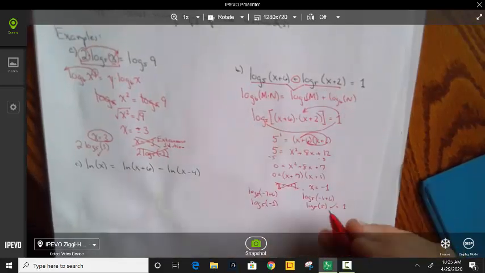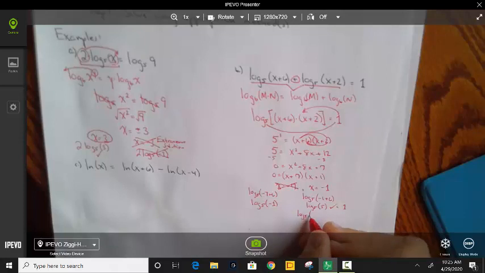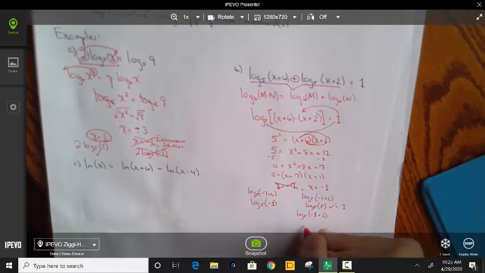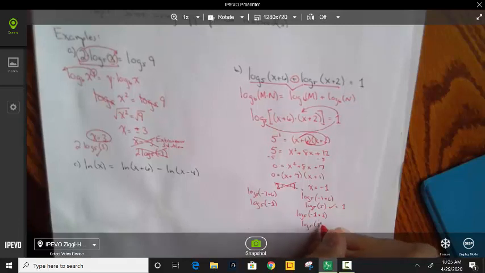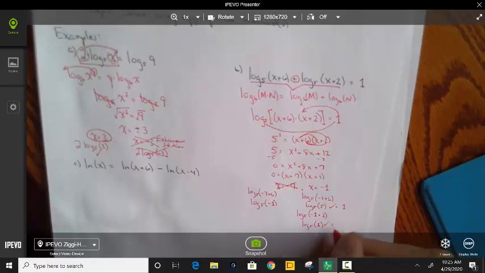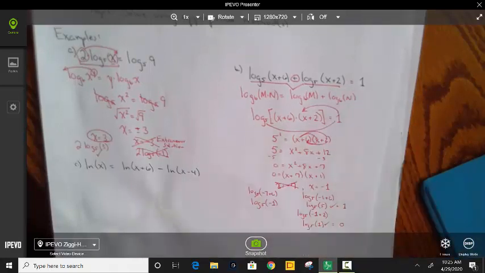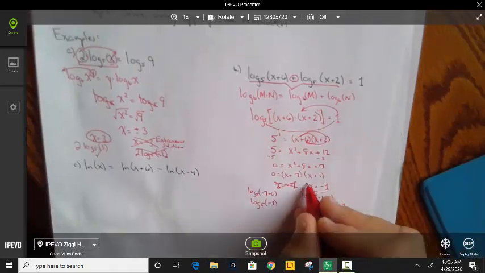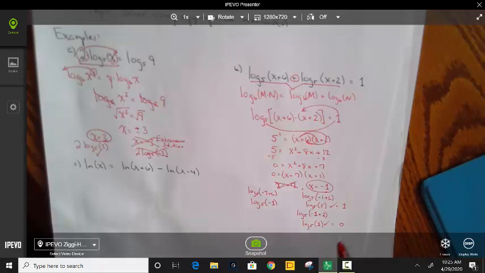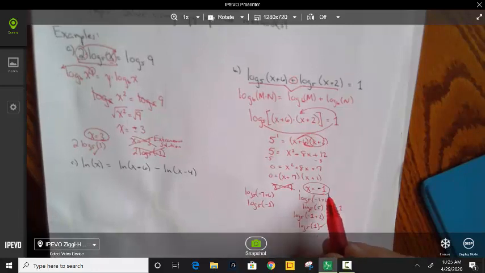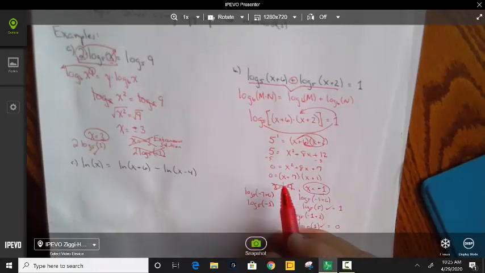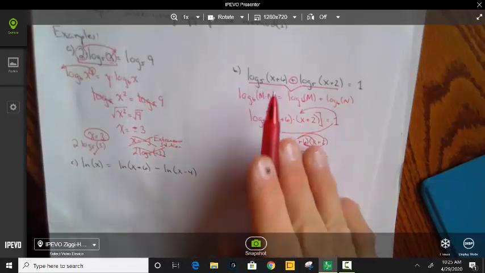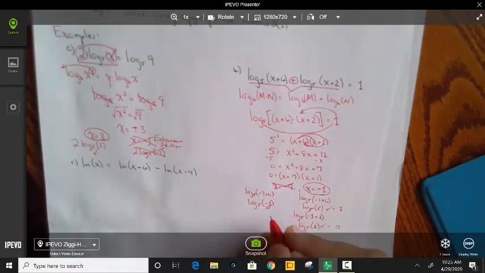And then if we look at the next one here, log base 5 of negative 1 plus 2. Negative 1 plus 2 makes 1, which is positive. That checks. And in fact, a logarithm of 1 will always equal 0. And we see that these two, 1 plus 0, does in fact make 1. So it checks. So x equals negative 1 is indeed an answer. Okay, so just because you get a negative number doesn't mean it's not an answer. It's only not an answer if when you plug it into the logarithm, it results in a negative inside the